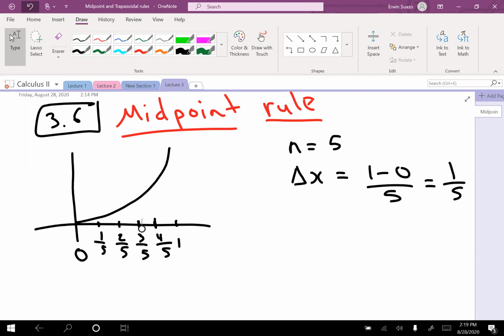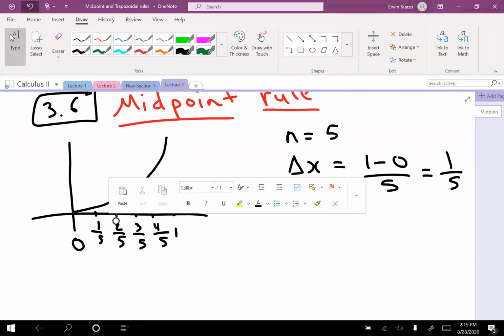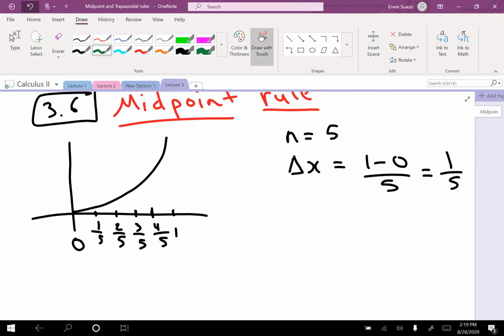3/5. You have to use the middle, like between 0 and 1/5. You have to do 1 over 10, because that's in between those. Exactly. So, let me choose one. For, let's say, between 1/5 and 2/5, I'm not gonna choose the left or the right. I'm gonna choose the middle. So I'm gonna shoot in the middle,